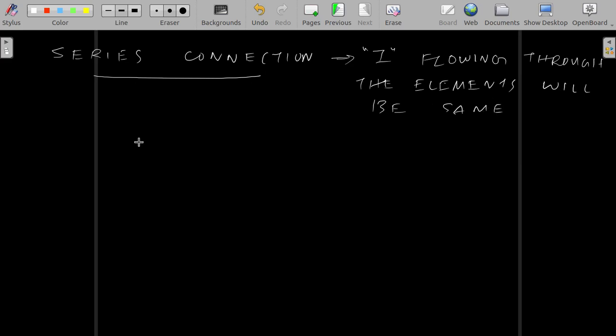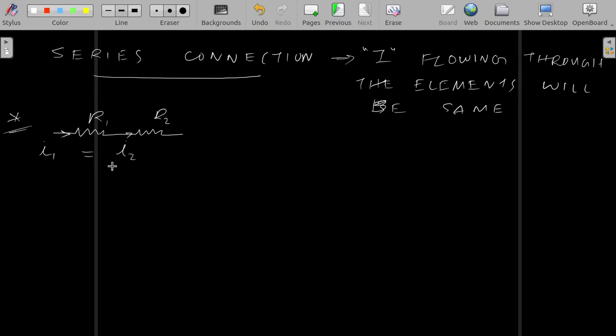Okay. Now let's draw some elements and see. So let's consider the example, this one. We have two resistors, R1 and R2, right? And if a current I is flowing through R1, obviously it will have to flow through R2, right? Because there is no other branch to take some current away or give in some current. So if we write I1 as the current through R1 and I2 as the current through R2, here